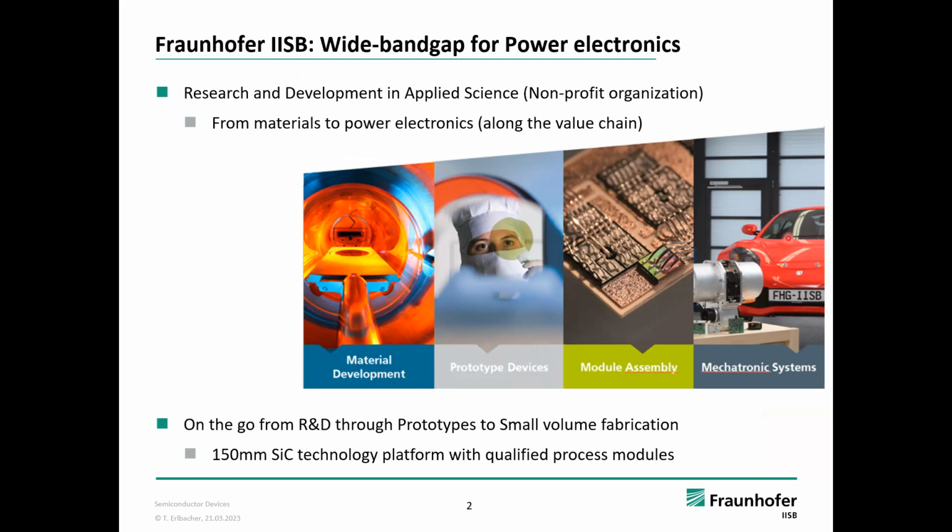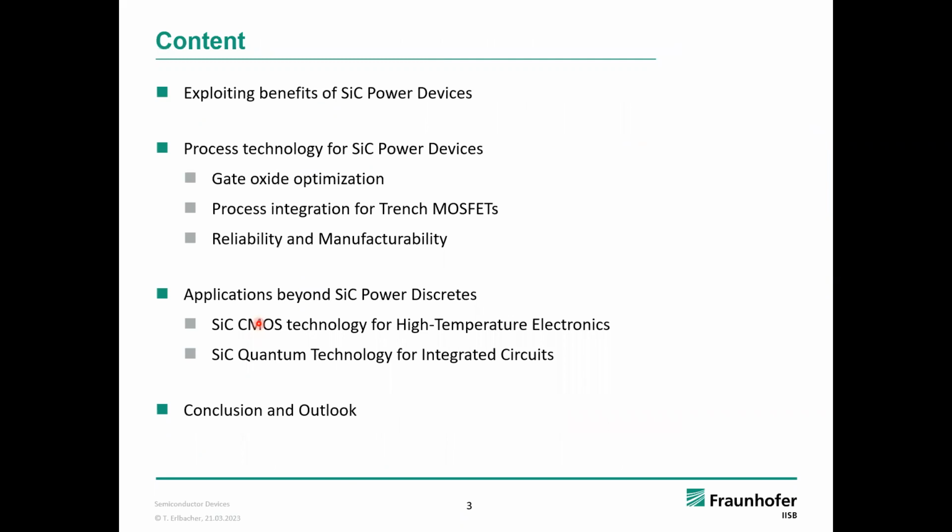This basically includes material development, prototype design, and then going through the assembly to modules that are then used in electric vehicles, for instance. And we have a 150 millimeter silicon technology platform where we can do small volume fabrication from research and development up to prototypes. So in today's presentation, I would like to give you a short overview and introduction about